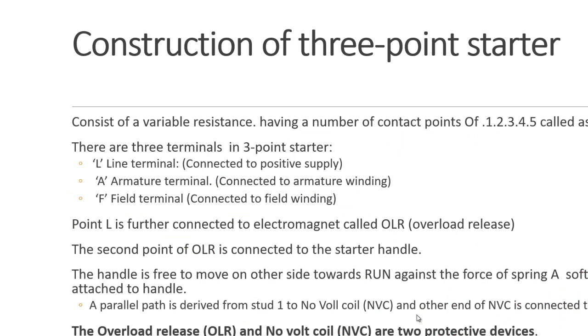So the construction of the 3-point starter. It consists of a variable resistance which has a number of contact points, that is 1, 2, 3, 4, 5,